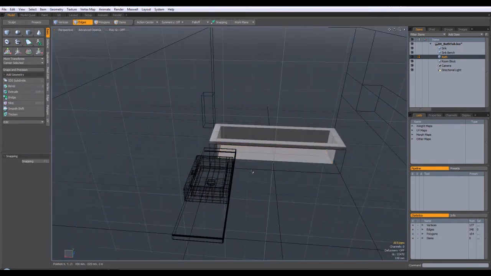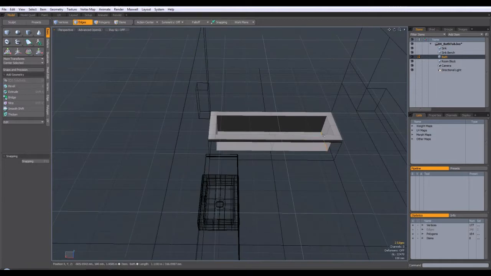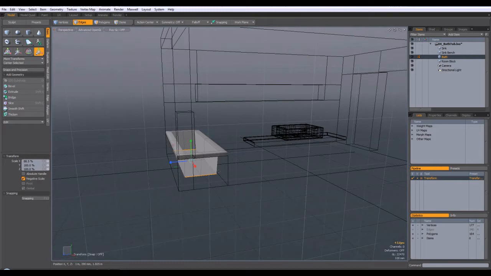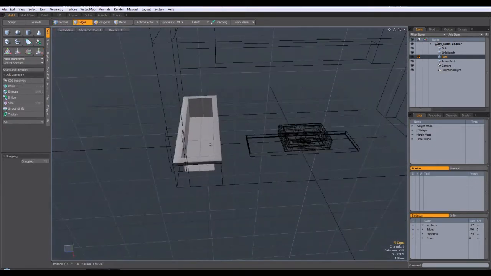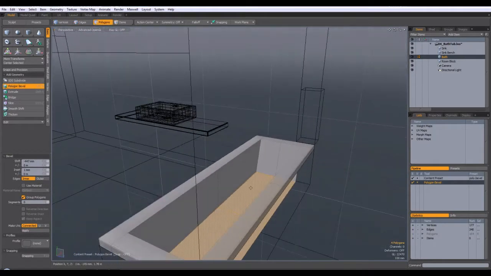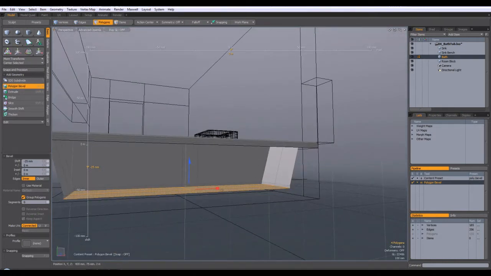So what I'm going to do, I'm going to go with edges. I'm going to select them to there. I'm going to select them to there. I'm going to hit the R key and I'm going to scale those ones in, but I'm not actually going to affect these sides at all. So I'm going to now go to polys. I'm going to select them. I'm going to hit the B key. Now I'm going to click and I'm going to just bring it down a wee bit, and that will just keep these edges sharp